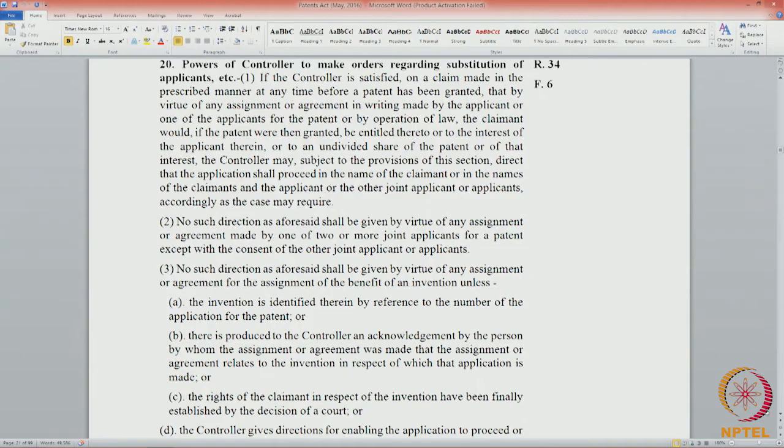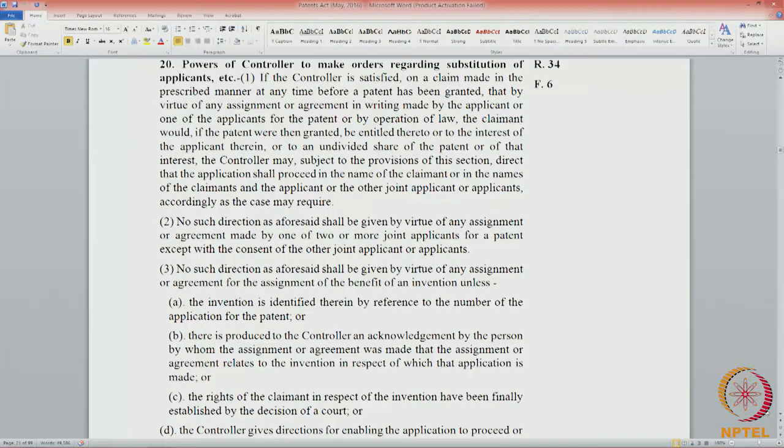The claimant would, if the patent were to be granted, be entitled thereto, or to the interest of the applicant therein, or an undivided share. Now, the claimant is the person who wants to come in as the new applicant. So, the claimant, if the patent is granted, this is in the future, would be entitled thereto. He will be entitled to becoming the applicant, or to the interest of the applicant, or an undivided share of the patent or of that